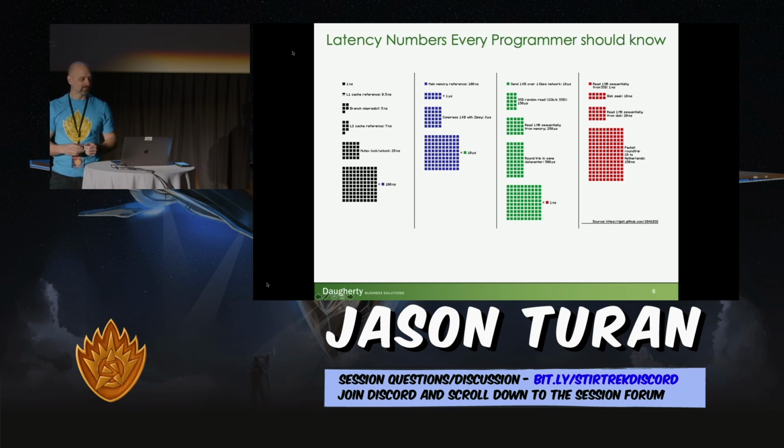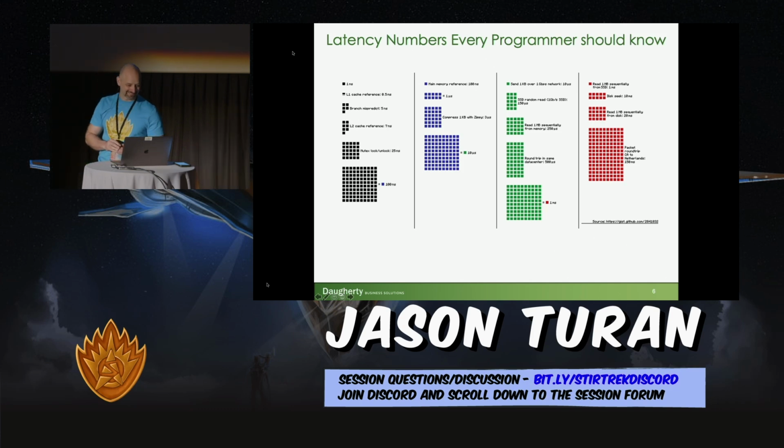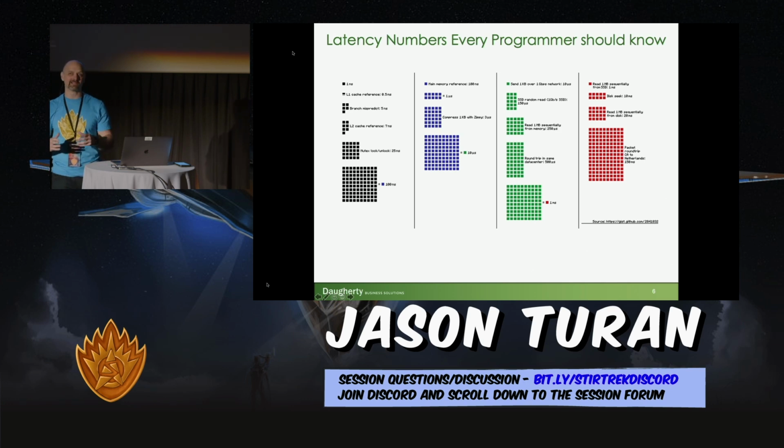Like L1 cache hits, and let's see what else. Mutex lock, unlock. These are nanosecond operations, right? Unless you're working on graphics or a driver or something really low level, you probably don't need to work on optimizing these kinds of operations. But within computer science, one line of code, depending on how it's used, how much abstraction is behind that one line of code, could be orders of magnitude